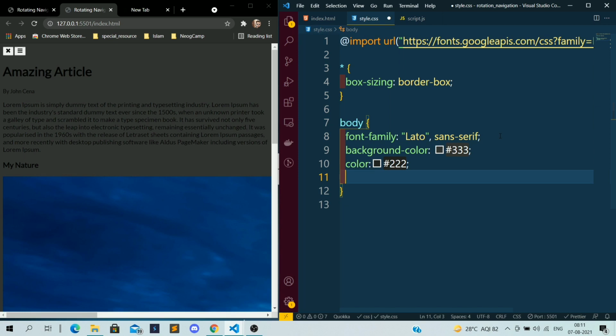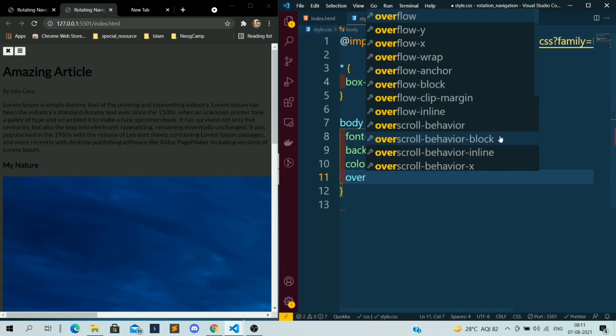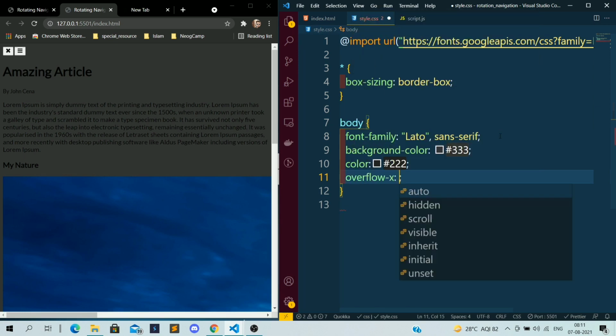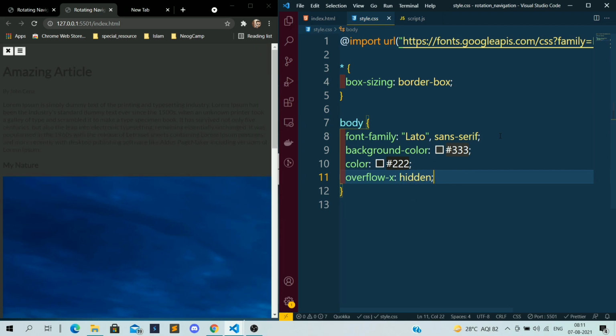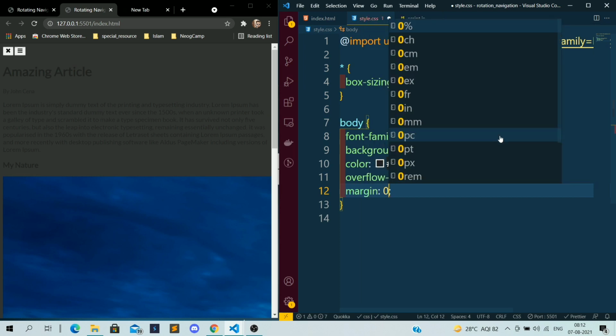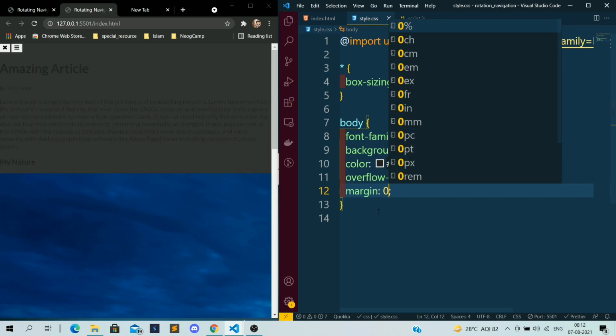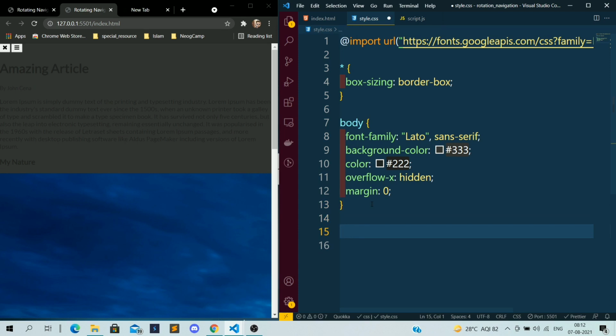I want overflow-x to be hidden. I don't want overflow on the x-axis. I want to give a margin of 0 pixels. So I have applied this CSS for the body.